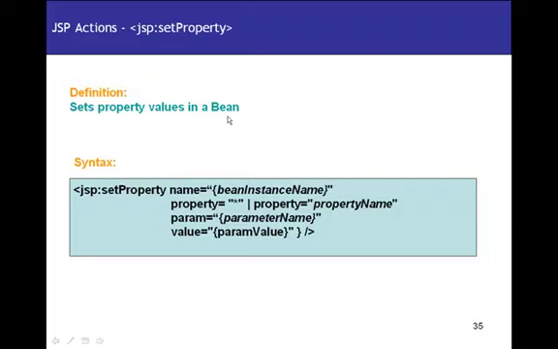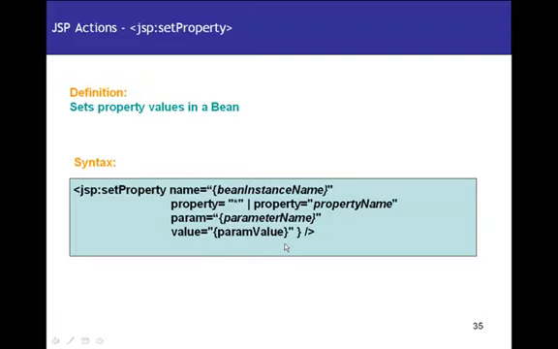It can't exist by its own. Okay, so the syntax is similar to JSP getProperty. You have JSP setProperty, and name would again be the bean instance name, right? And for now let's ignore property equal to star, and you can set a value of a single property name. So let's say I want to set a value for username, right? I could say property is equal to username, and value would be whatever value I want to set to the username attribute, right? So now alternatively I can also set a value based on certain input entered in my page,